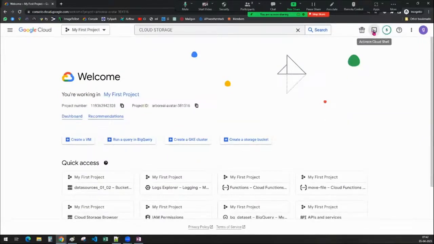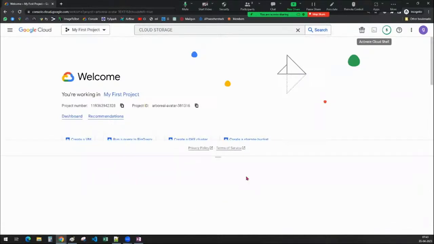And here is where you can activate your Cloud Shell. If we want to work with the Cloud Shell, nothing but a command line tool, this is the place you have to go and click on activate Cloud Shell. When you click on activate Cloud Shell, at the bottom you will be able to see a command line tool opened for us. It takes